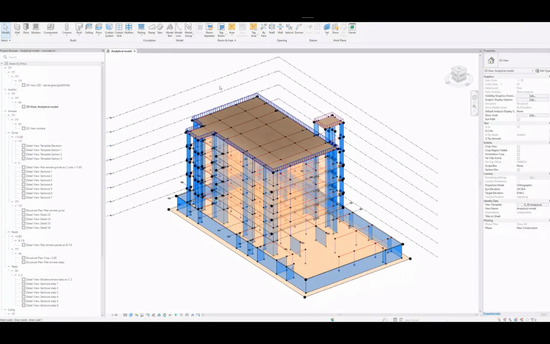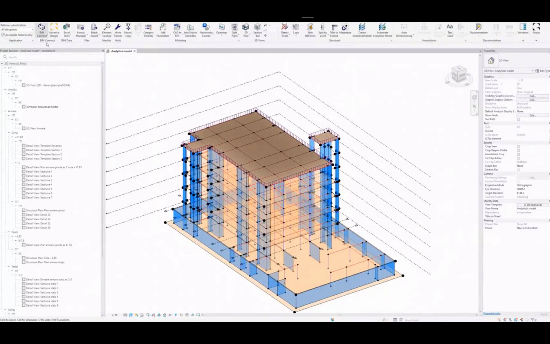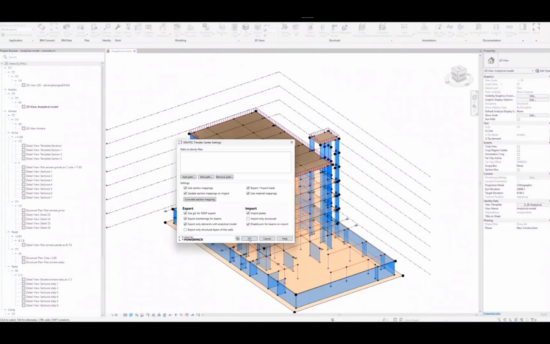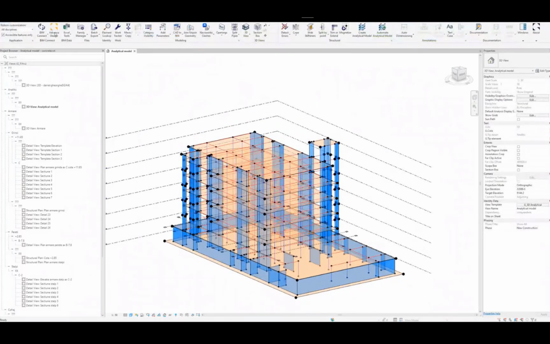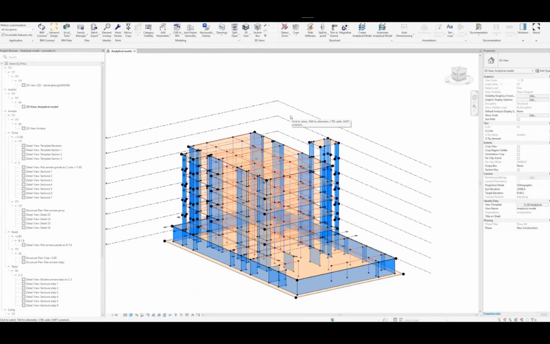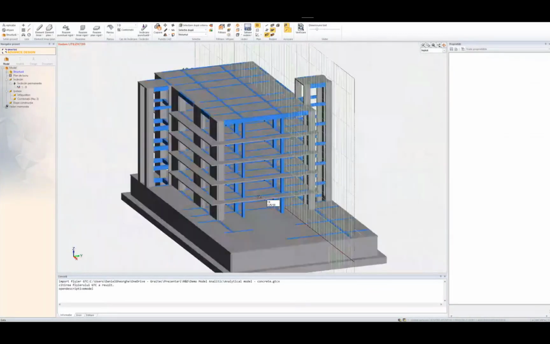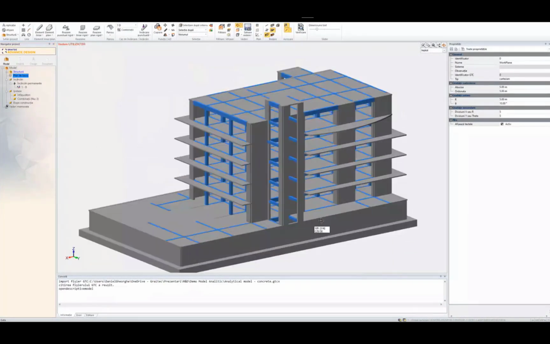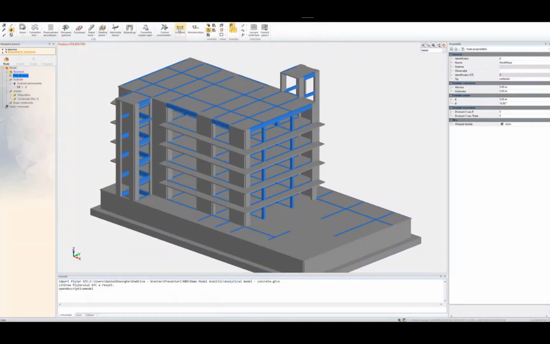So to showcase this workflow, let's take this project as an example. We have to connect Revit to our design software. We developed a specific connector that we name BIM Connect, which enables the automatic transfer of the analytical project from Revit to Advanced Design.